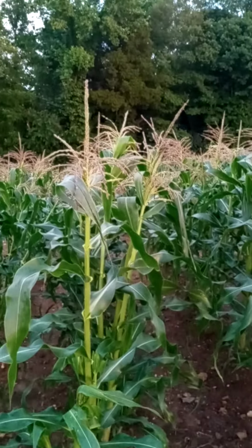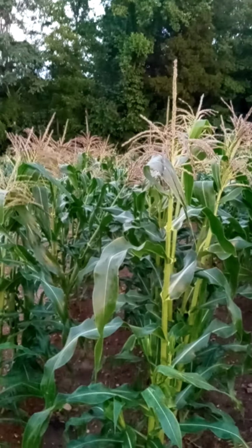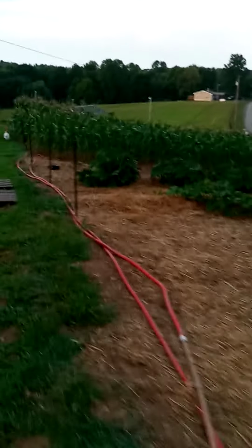This part of the candy corn is significantly taller. I think it's just better up here as the hill rises, and that's probably why it's doing so well. And then here's some that's a little shorter. Plus there was some soil amenity in that area too, so soil quality up here is fair to poor. It's got a lot of clay, a lot of rock. We'll go on in there and take a look at some things. A lot of clay and a lot of rock. I always say this, that only y'all can grow stuff like that. So anyway,